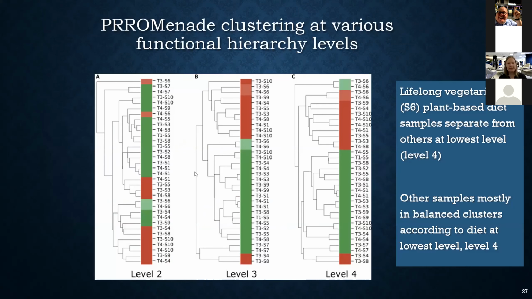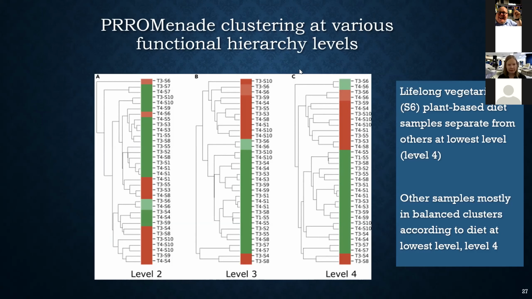So here we looked at the different level assignments. Going from more general to more specific, one sees that the separation between the diet clusters improves. And here the green and red, if that's visible, are the lifelong vegetarian samples, and this green especially is an outlier to everything else. This was also apparent from the taxonomic analysis, that some of the microbes there are really in different abundance